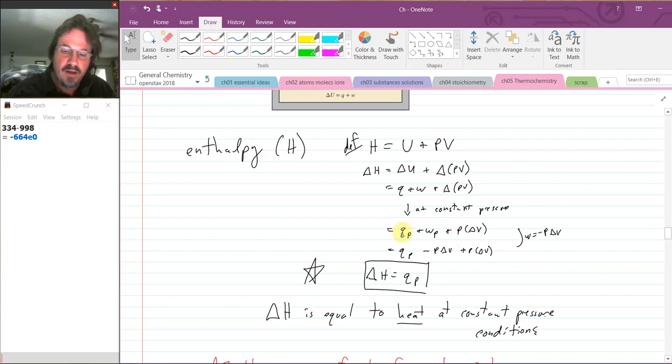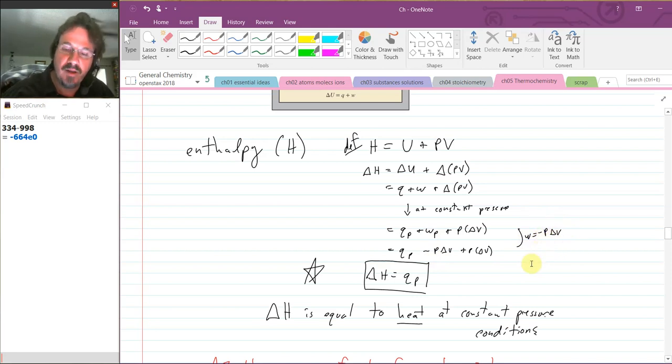Over here I've still got Q_P and W_P. I put those little P tags. In thermodynamics, if you put a little subscript, that just means that that thing is being held constant. So here I've got heat at constant pressure, work at constant pressure. Work is defined as the negative pressure times the delta V. You don't need to know that now. Again, this is the idea that an expanding gas does work on its surroundings, and that work actually equals the pressure of that gas times the change in volume.